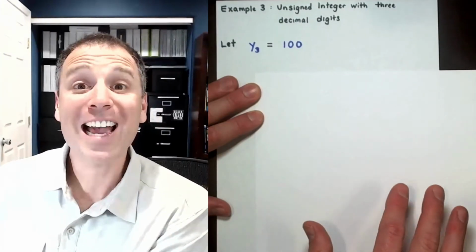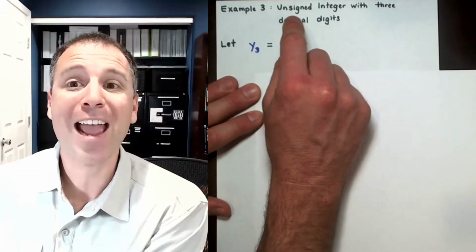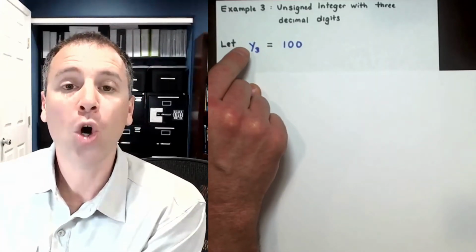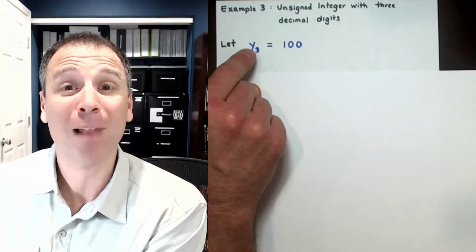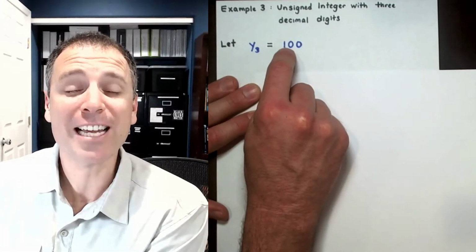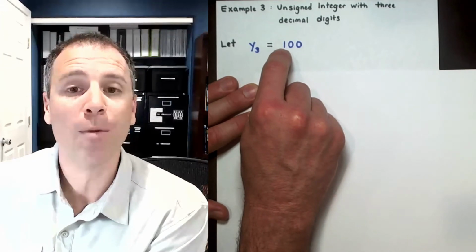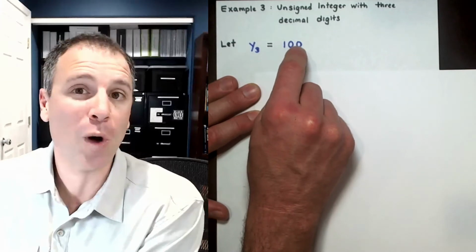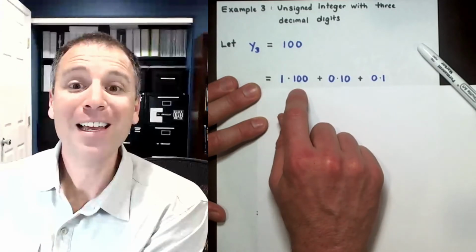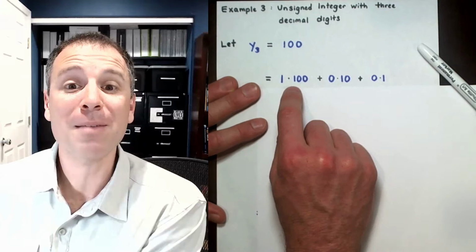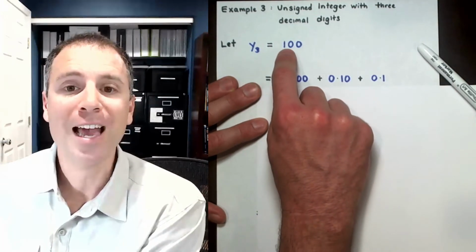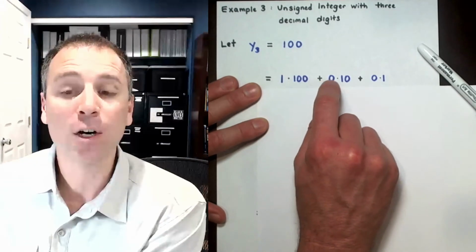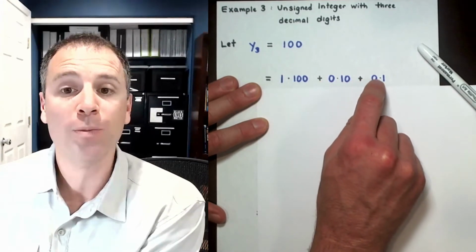Let's move on to yet a third example. In this case, we're going to have a 3 decimal digit representation of an unsigned integer. We'll call that y3, and that's in the set Blackboard U. In this case, this 3 decimal digit representation is going to lead with the number 1. We're going to write a decimal digit 0 followed by a decimal digit 0. Of course, we would call that 100. But my claim is that underneath that representation is something much more interesting going on. Specifically, this number represents that we have 1 group of 100, 0 groups of 10, and 0 groups of 1.